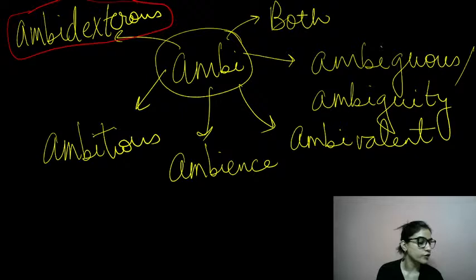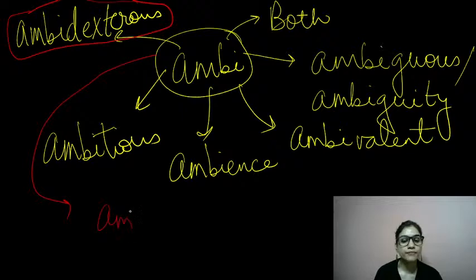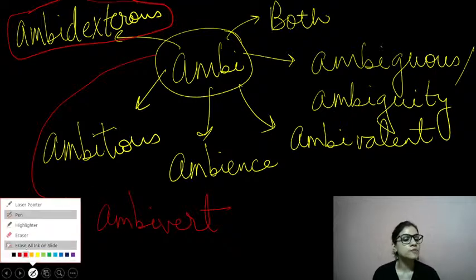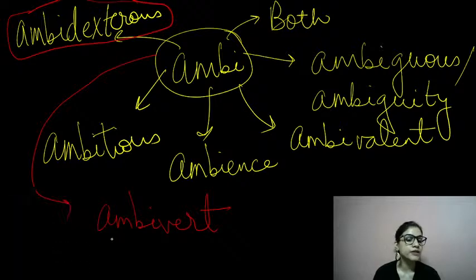We'll be discussing the same word again. What is ambivert? Yes, Sakesh. Can you help me out? Sakesh, what is ambivert? Ambi means, we just discussed ambivert, right? Let me write this word as well, right? Ambivert is a person who is very calculative. Verto means to turn, ambi means both. So this person can turn inward, this person can turn outward. They know when to be introvert, when to be extrovert. That's an ambivert, right?